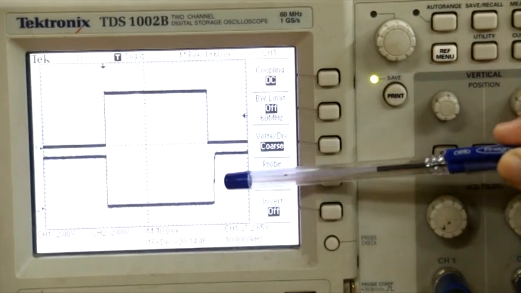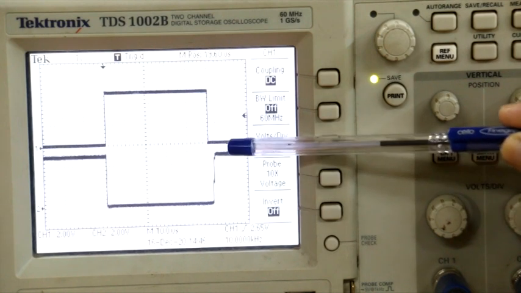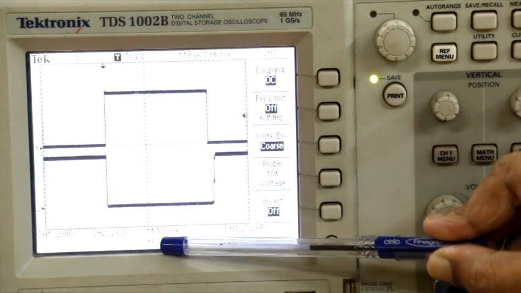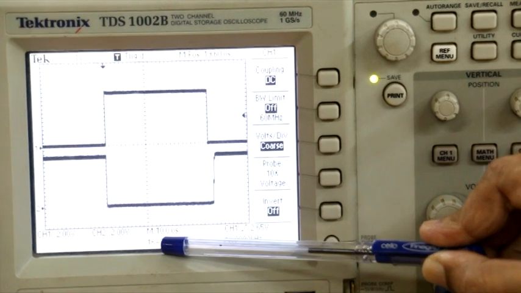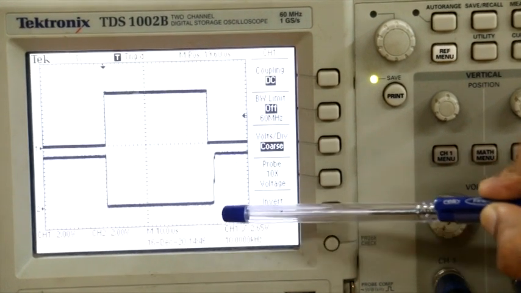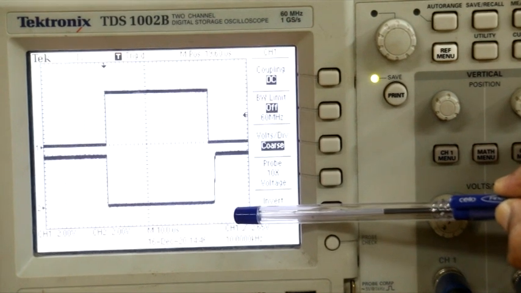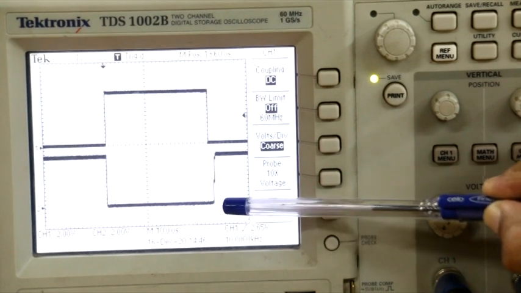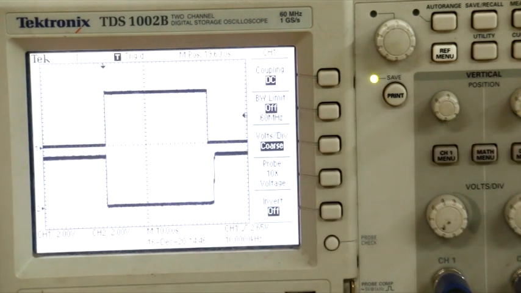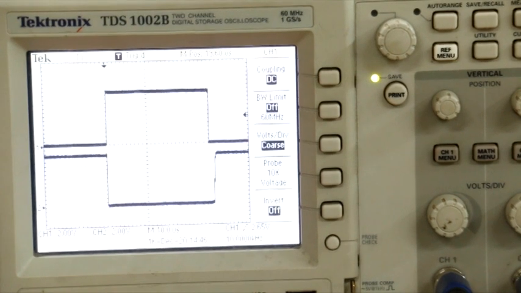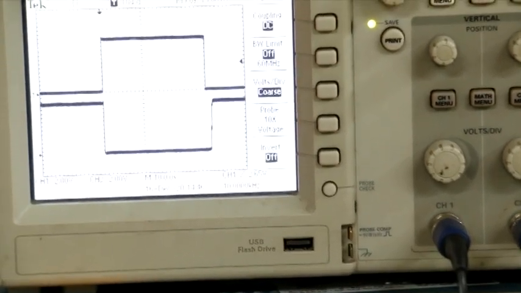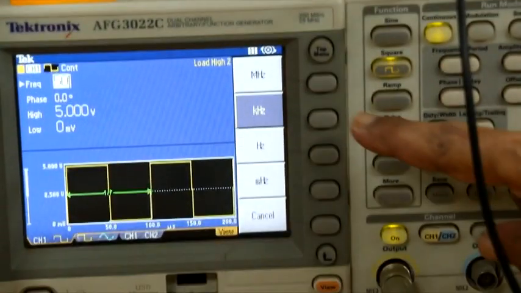But look at the low to high transition of VO, and you see right here there is a delay. Right now the scale for the x-axis is 10 microseconds per centimeter, and I can see that even without expanding the scale I am able to see a delay of almost about 4 microseconds, which is very high. Now what I want to do is increase the frequency. Right now it's 10 kilohertz. Let me now choose 50 kilohertz, and let's see what will happen.